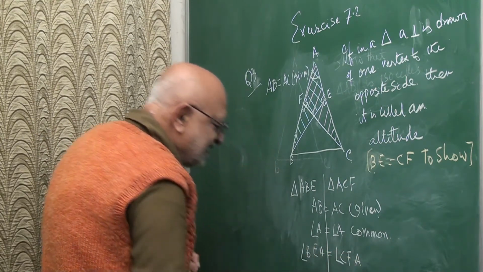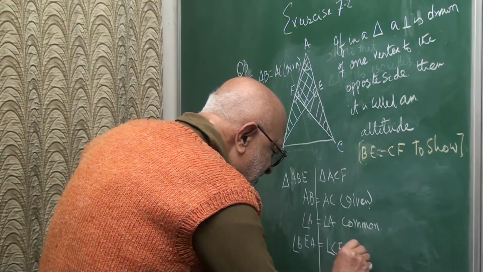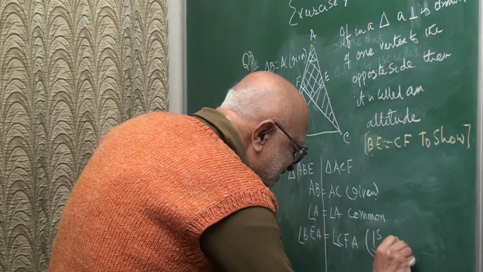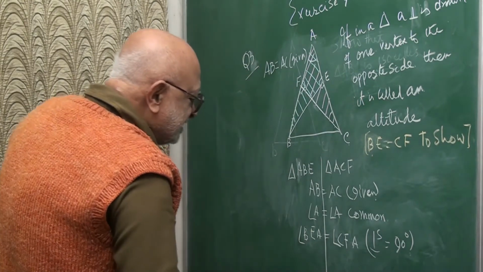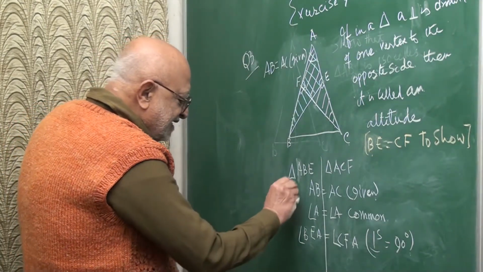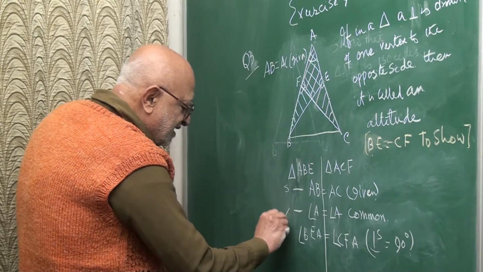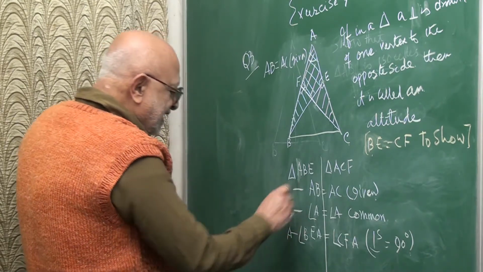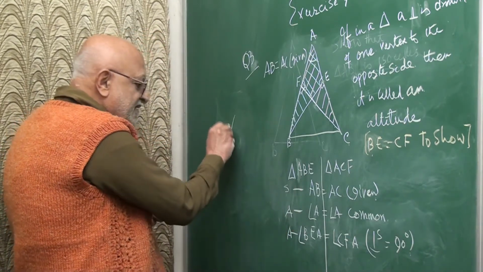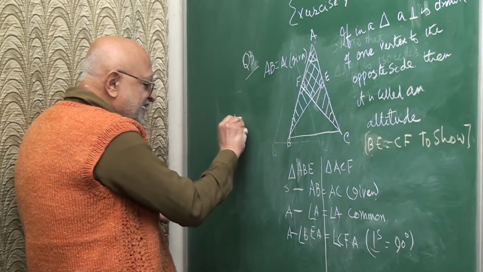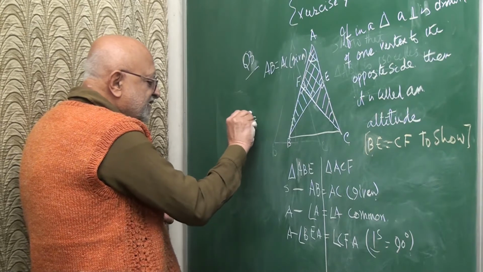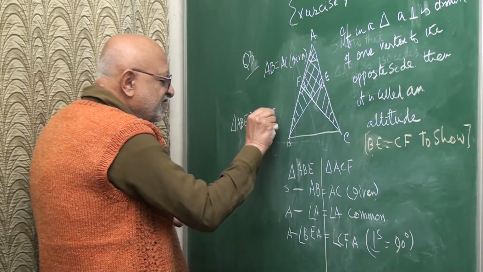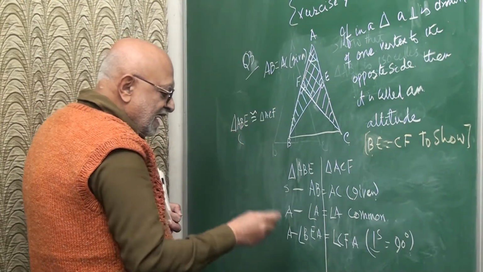Okay, this is E. So if they are perpendiculars, that means that's equal to 90 degrees. So this is a side, this is an angle, and this is also an angle. So I can say triangle ABE is congruent with triangle ACF on what axiom? That will be